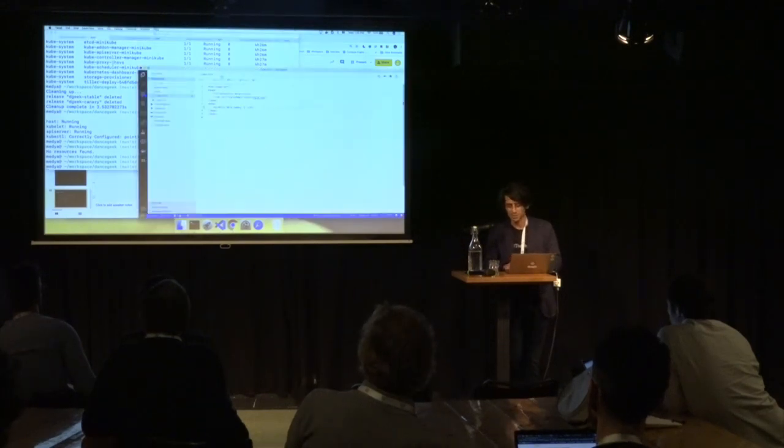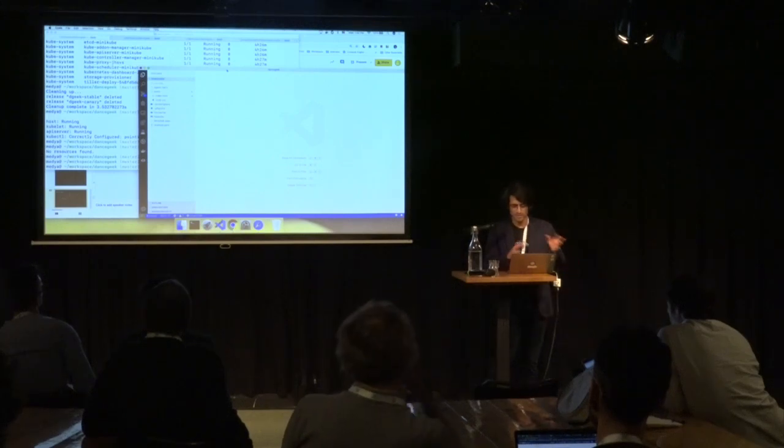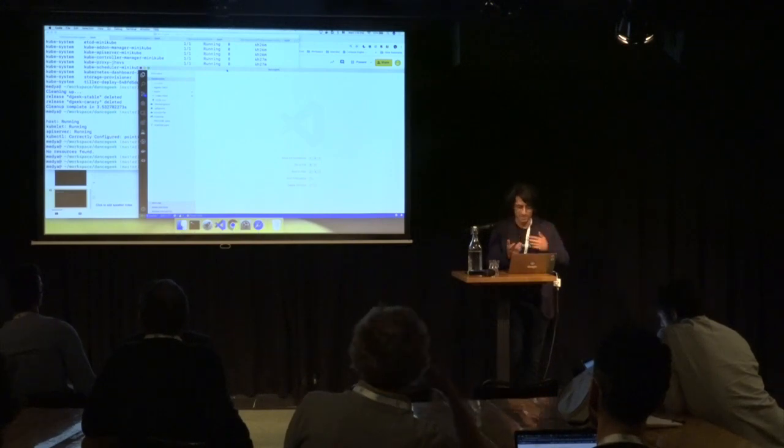By the way, there's an extension called Cloud Code, which basically uses Skaffold in the background. I strongly recommend learning that because it just makes Skaffold graphical. Anyway,